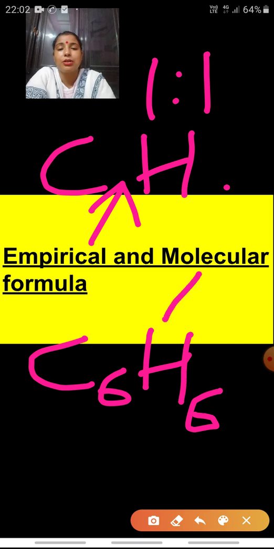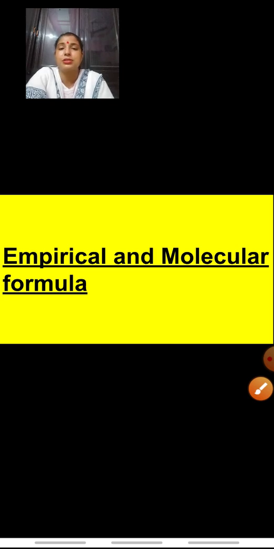Whereas molecular formula will tell you the exact number of carbon atoms or the exact number of any other atom, and the simple whole number ratio will be simply 1:1 only, but it is now telling the exact number of atoms present. So you have understood the difference between empirical and molecular formula now, I think. Now see, definitions are also there for making notes. Kindly do note down all the notes from the slides.